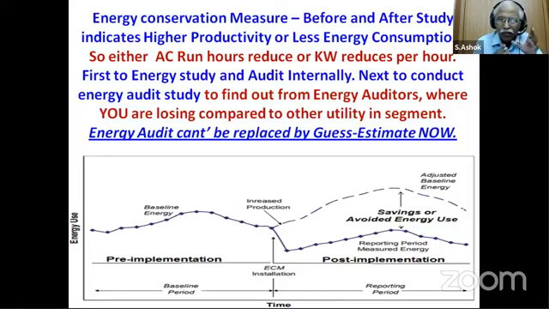Either the kilowatt per hour has to come down, that is the reduction in kilowatt or reduction in input for the given output, or you allow the output to run at the best efficiency point, but the run hours have to come down. These are the two areas we are trying to address. So either the AC run hours should come down or the kilowatt per hour should come down for the given air conditioning system itself. AHU also has to come down.